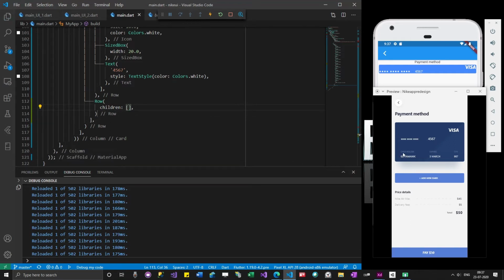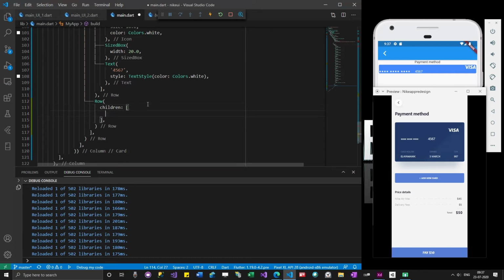Either I can put all these 3 things in a single row and another row, but I can actually take a single row, and in it a second column and a third column. That's what I'm going to do, because it's all about grouping the items properly.